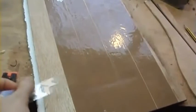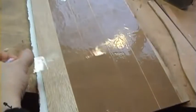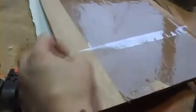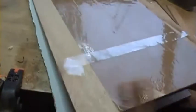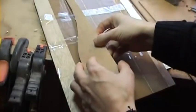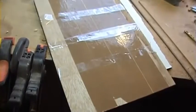Okay, so what we do, we put 3 pieces of sellotape around the board. Now it's just the wrong way around. This is with the sticky side outwards, but it needs to tape to itself so that it stays in position. So that's the first one. We'll do 2 more. Okay, so we have 3 pieces of sellotape here, and we're going to quickly put